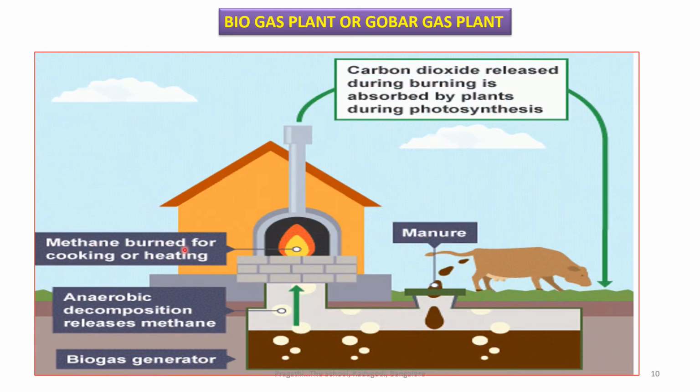You can see the same thing I've explained here. The cow is here, the cow dung, the excretion will come and fall here. Directly it will not come, but you have to mix it with water. We have to make it a slurry. That means mix the cow dung nicely with water. It will become like a paste. That is called a slurry, which we have to pour in. Over a period of time, the gases, these bubbles, the white thing you're seeing is a bubble, come on the top and are collected here in the tank, and used for cooking for domestic purposes.